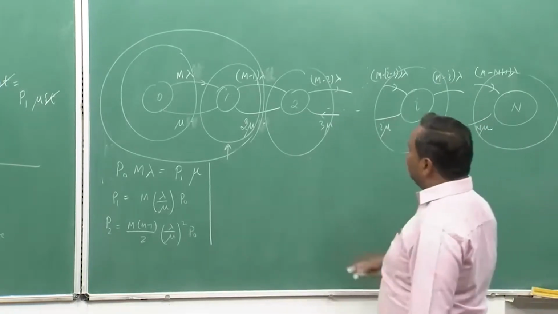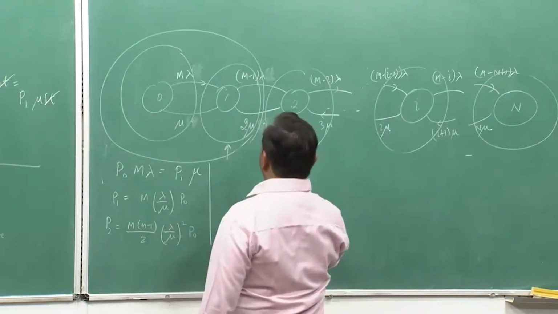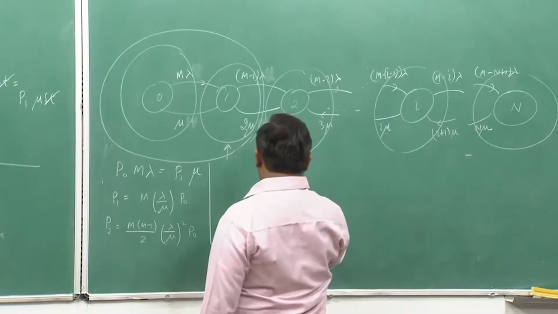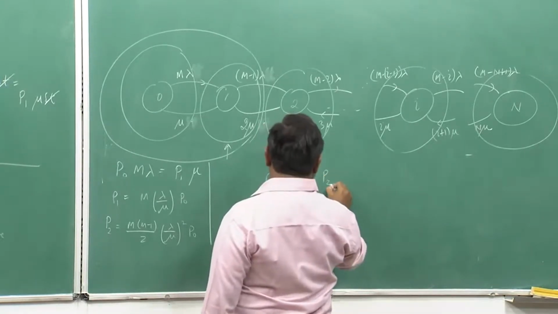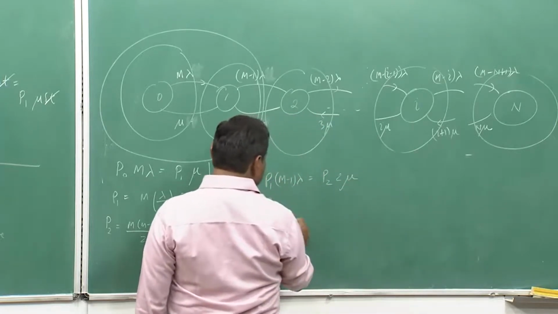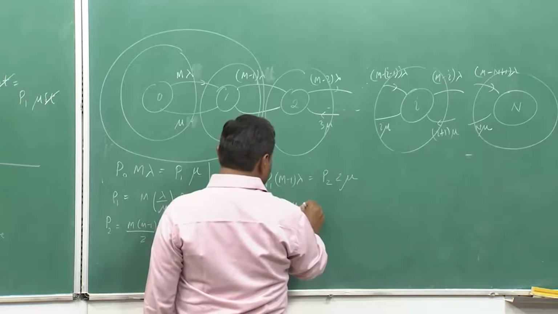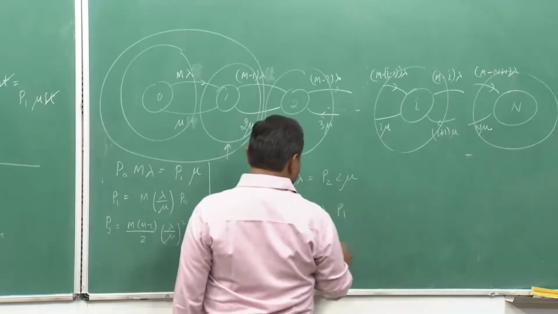So, doing it this way for this surface, when I am enclosing this P1, m minus 1 lambda should be equal to P2 2 mu. So, which becomes P2 is equal to m minus 1 by 2 lambda by mu P1, which is